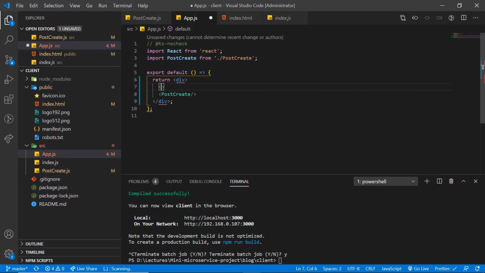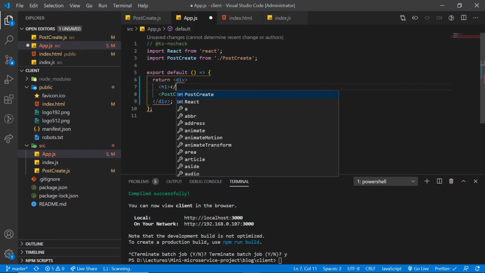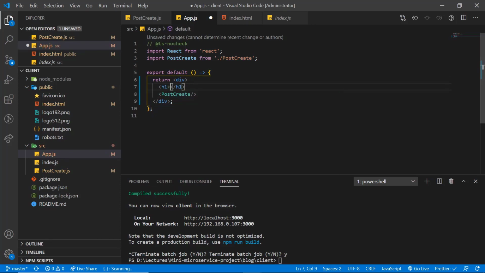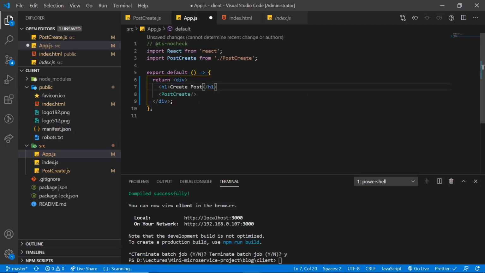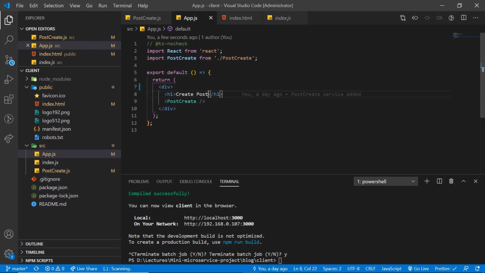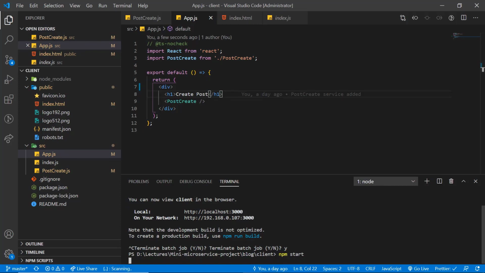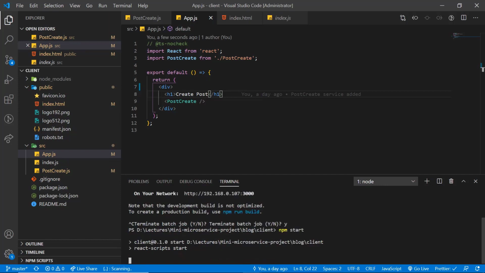Let's add some heading here. Save it. Now we are going to run the npm start command in the terminal.